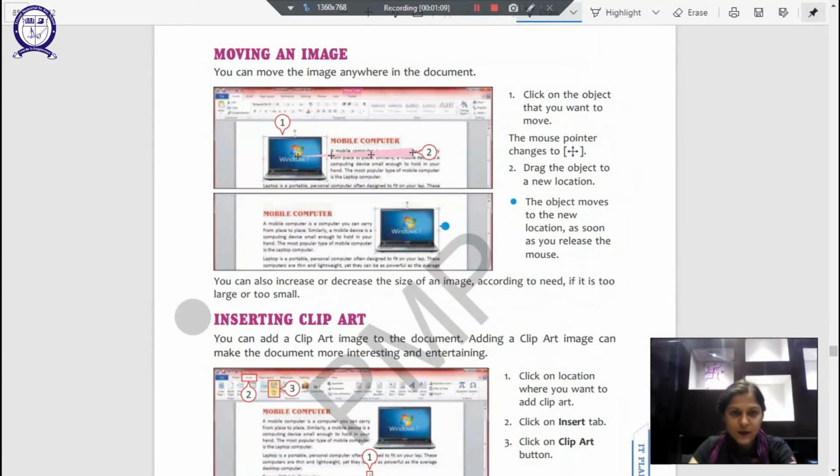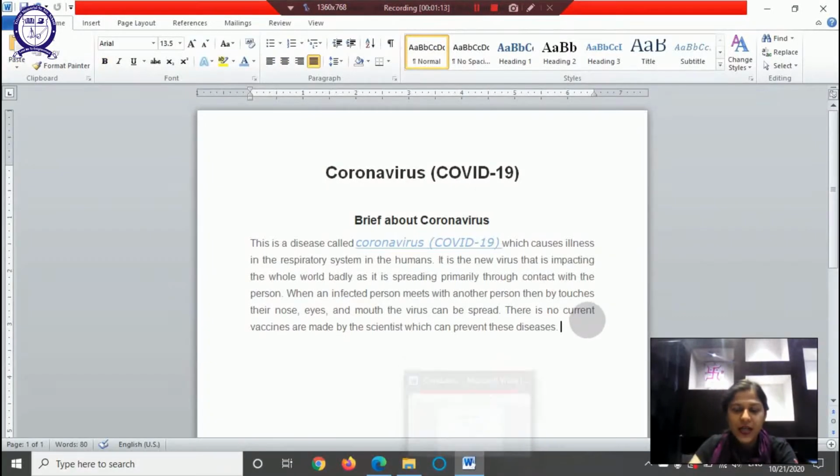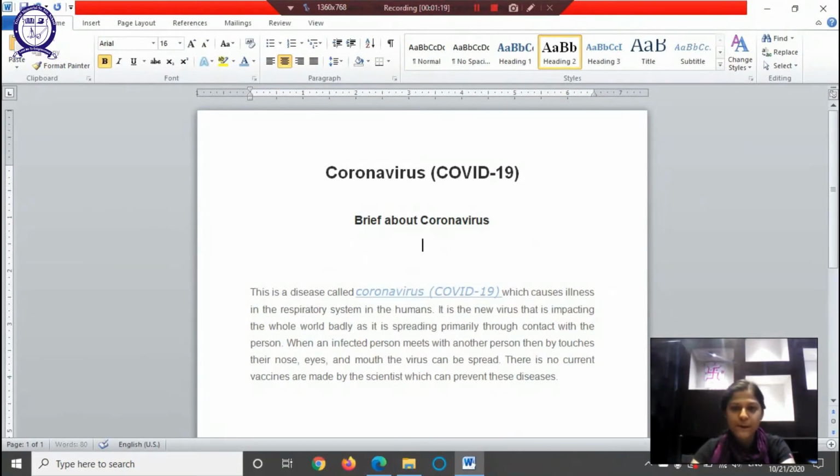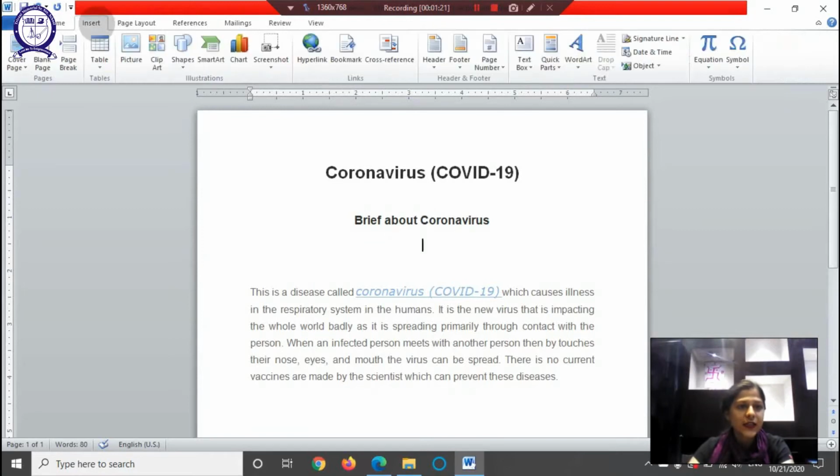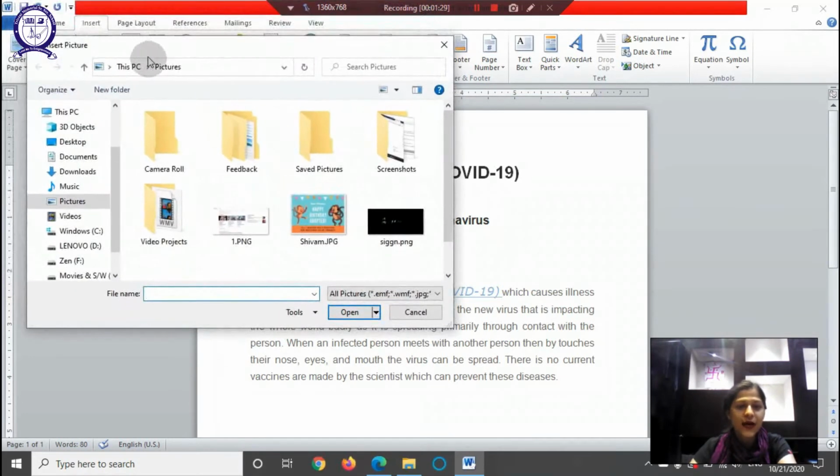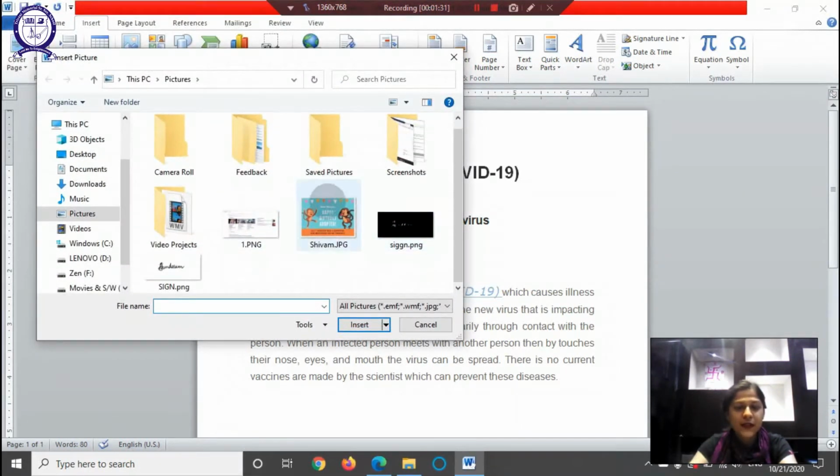So let's quickly move to our document, which is here, right? Now I want to add an image to it, and I want to add it here. So what will I do? I'll go to the insert options and then I have two options. I can click on picture, and as you can see it has opened my documents.